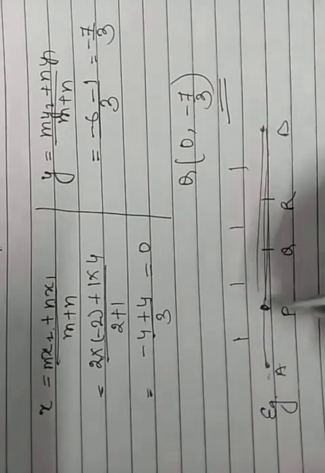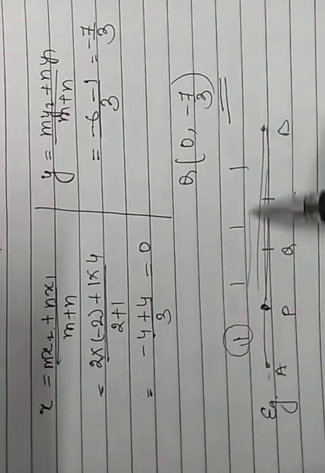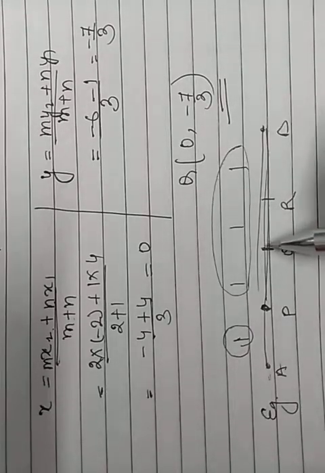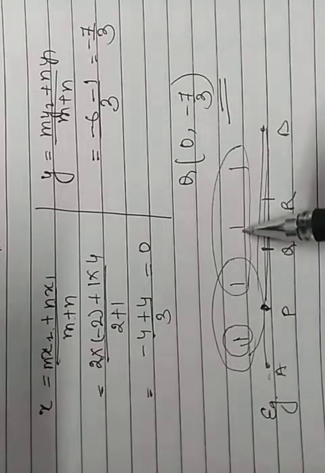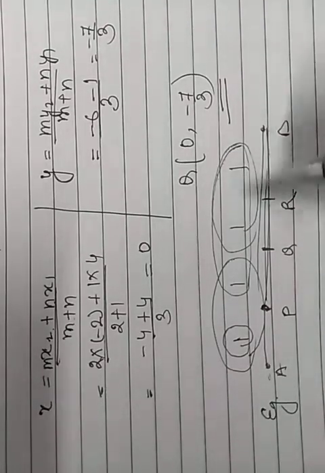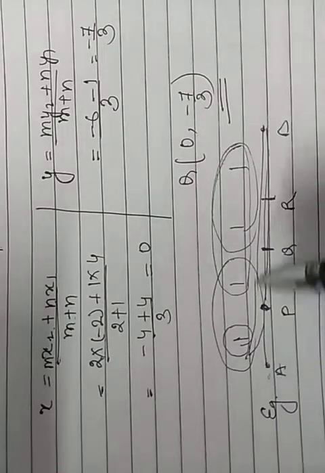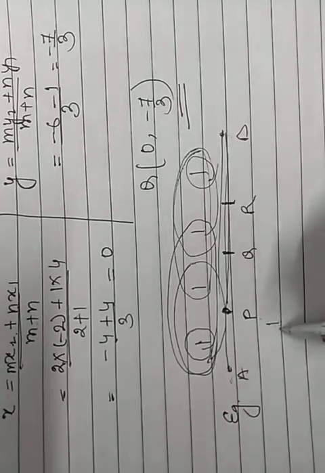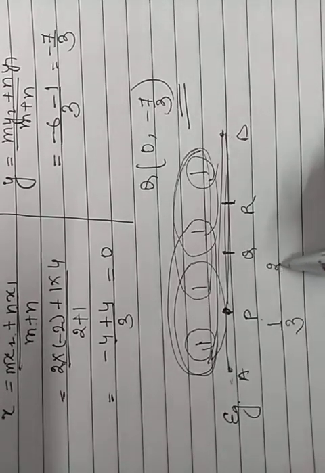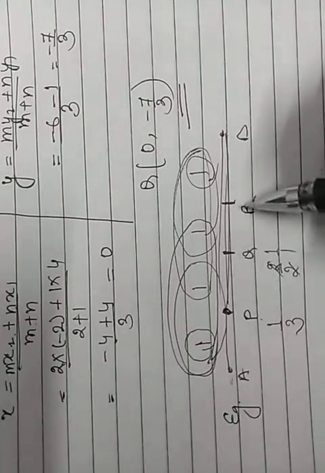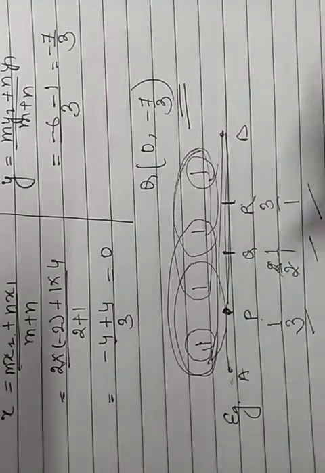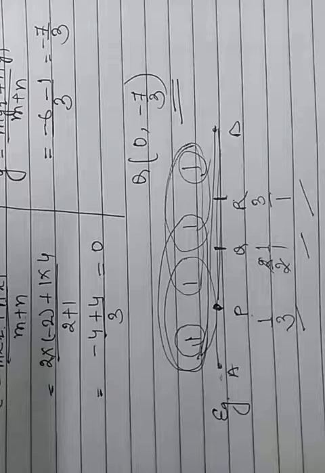While calculating P, the ratio is 1, and here we will consider all the 3, that is 1 ratio 3. While calculating Q, the ratio is 2 and 2, 2 ratio 2, that is 1 ratio 1. For R, the ratio is 3 to 1. So for P, the ratio is 1:3. For Q, it is 2/2, or we can say 1/1. For R, it is 3/1. So we will solve this kind of question using this concept.